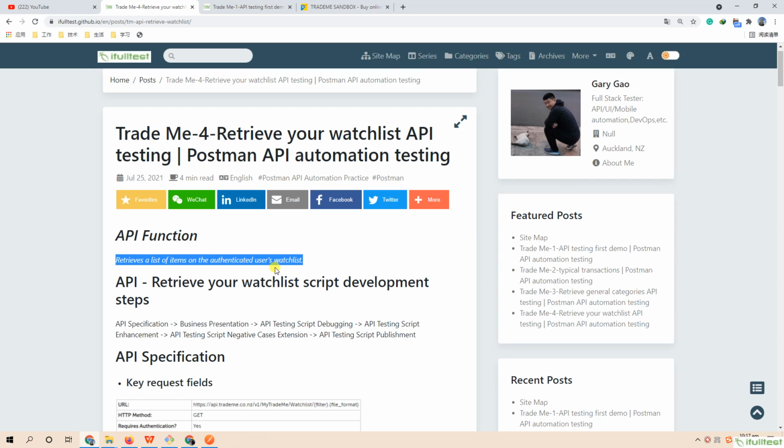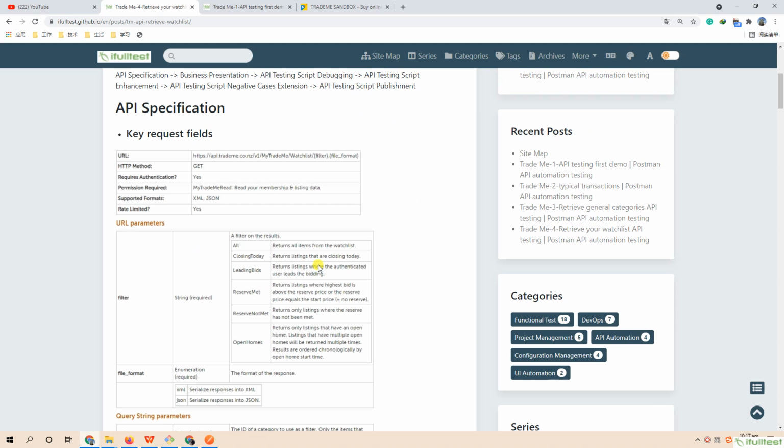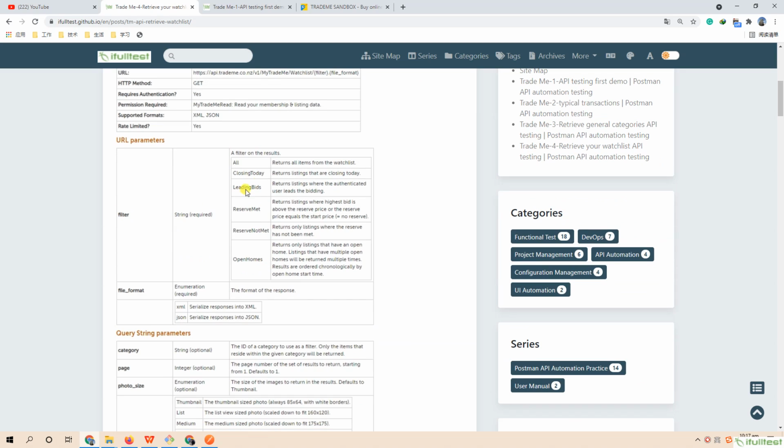The API retrieves the list of items on the authenticated user's watch list. The key request fields are as below. This API needs authentication, and we choose to set the request field filter as all, which means to return all items from the watch list.